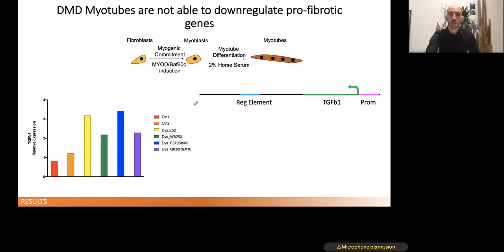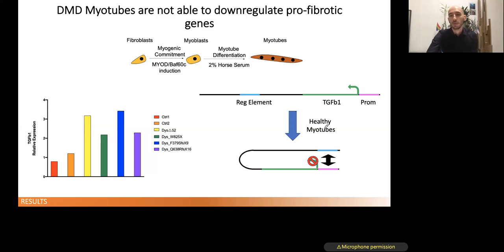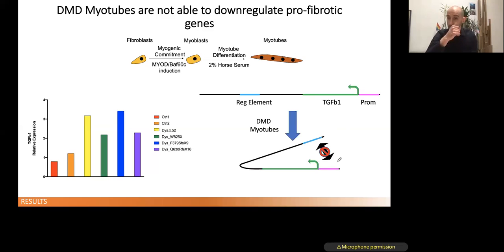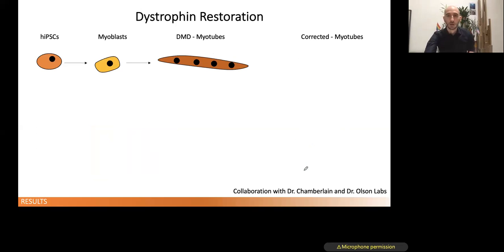When we checked the three-dimensional conformation of the TGF-beta1 locus, we saw that in healthy myotubes, the promoter interacts with a regulatory element to block the expression of TGF-beta1. But in the DMD myotubes, we observe a lack of interaction between the promoter and the regulatory element, and TGF-beta1 is still expressed. So if we restore dystrophin, are we able to restore,